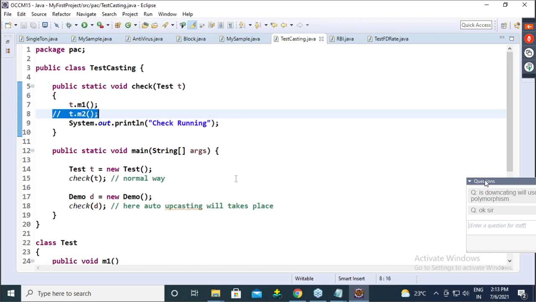There are two objects, one for test and one for demo, right? So that demo object, I'm confused about the demo object.